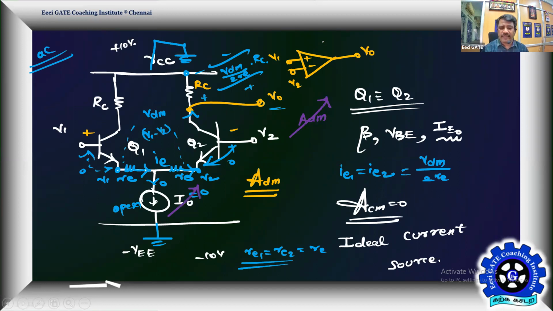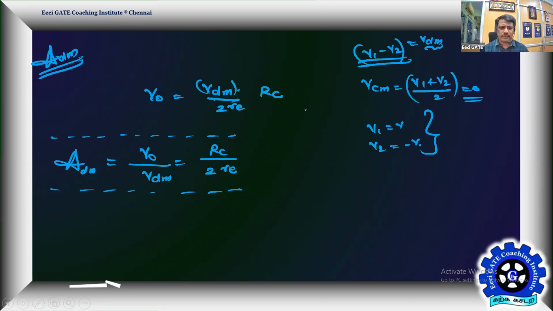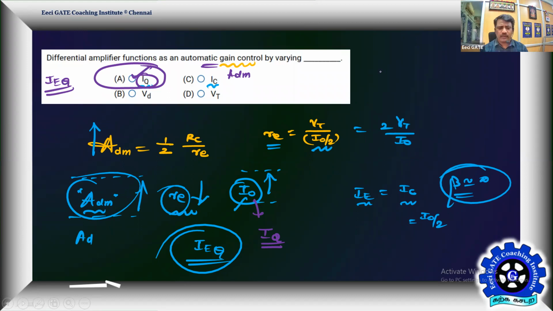So here we feel like it's a difference amplifier having only the difference mode gain. There is no common mode gain. Indirectly things are mentioned. It takes time even for everyone in the examination, so you may feel it is tough. Yes, that's a fundamental connected to the problem. Once you remember this equation and this equation, it's all about the connection between the small signal equivalent of the BJT and the difference mode gain of the difference amplifier, then instantly one can give the answer.